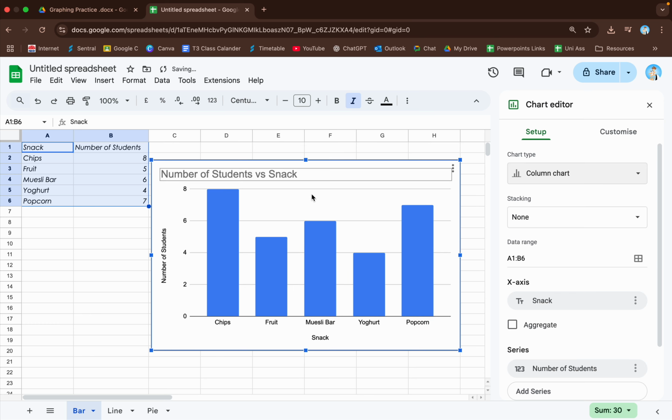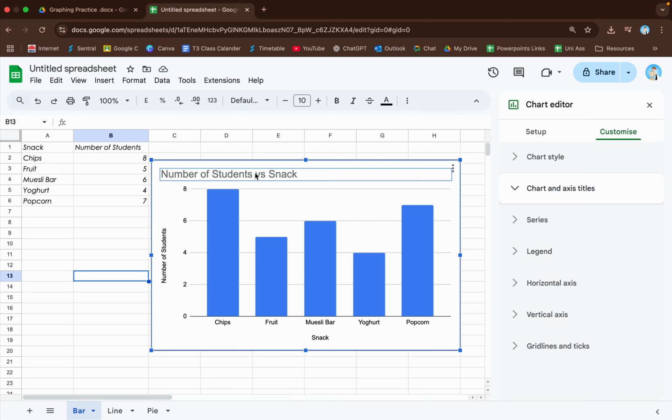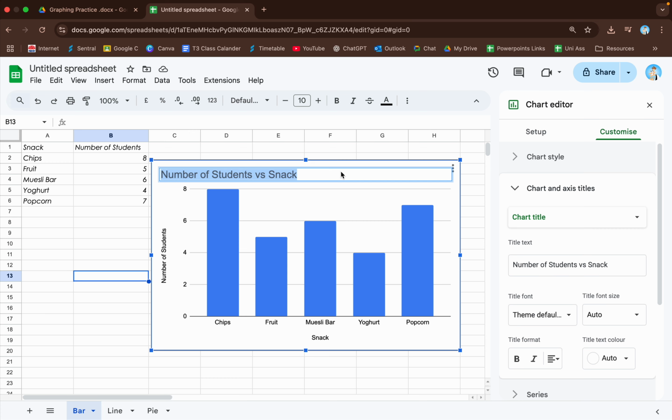Now, guys, usually it does all of this information for you. This is not a good enough title, so you need to edit that. Number of students versus snack. What snack? Is it their dog's favorite snack? Is it their least favorite snack? Is it the snack that they think should be annihilated from the face of the earth? What does this mean? So, for example, I would say favorite